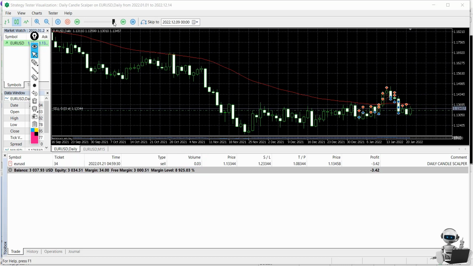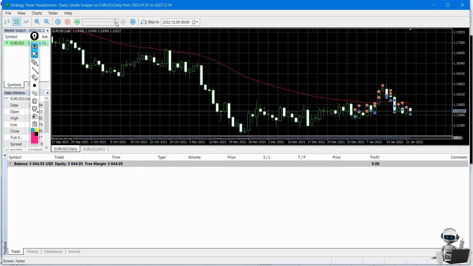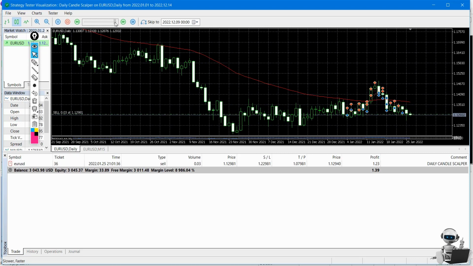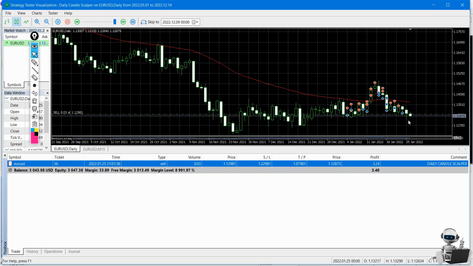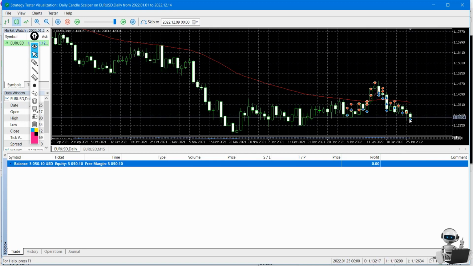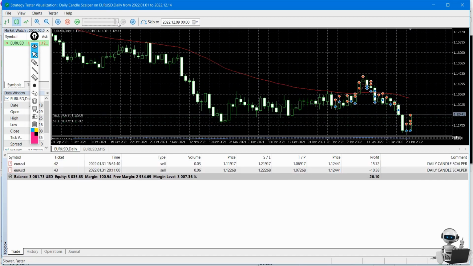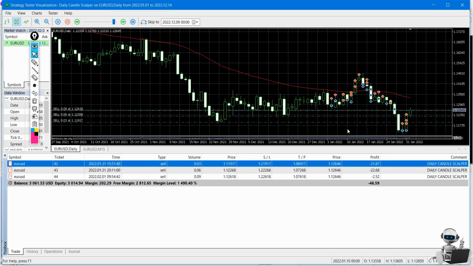Yes, this EA is very profitable, but the problem is, sometimes you can see it might be a little bit risky. So if you have one trade and the trend is in your favor, yes, it will close it and you will be in profit. But if the trend is opposite, you can see we just closed another one and it was only one trade. I like this type, but however, the problem is when, for example, we have multiple sells and the trend keeps rising, what will happen, right? And this is the problem.